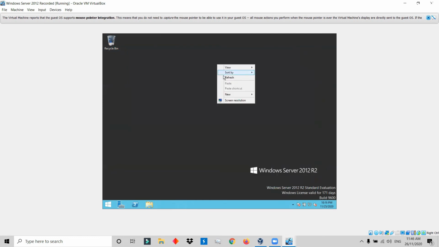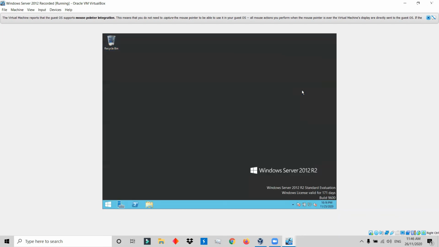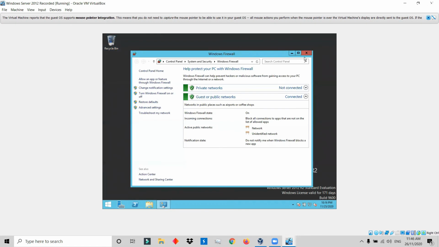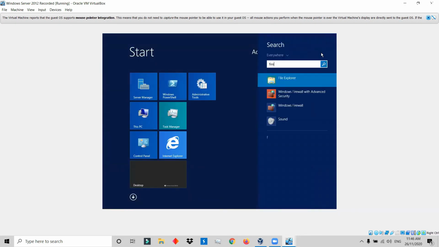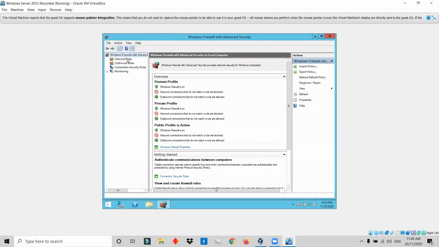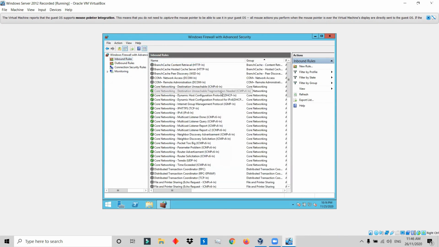Now to communicate with each and every machine, we will have to enable some options. So first we'll go to the search and type firewall with advanced security. Then we'll click on the inbound rules. Here we'll find